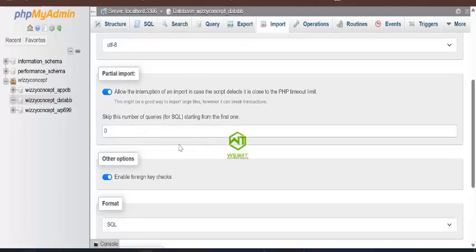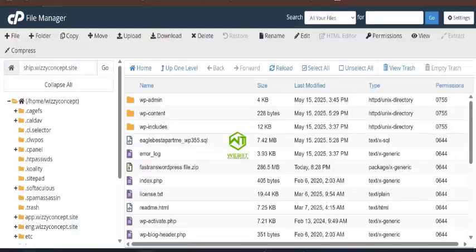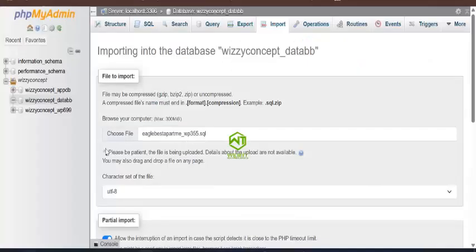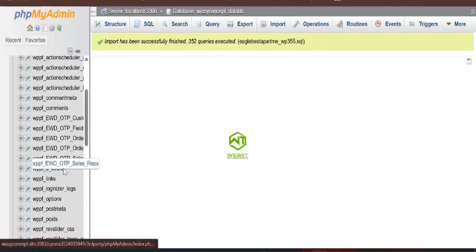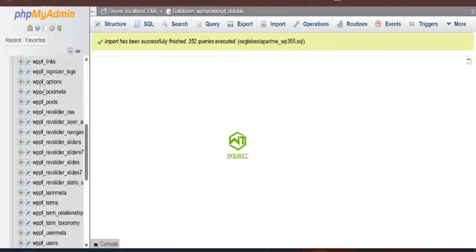So the database that I just uploaded is inside the file. You can see it here, it's inside the file. So wait for it to import. You can see it's loading. You have to wait. So please be patient. The file is being uploaded. So we wait for it to upload. As you can see, it has been uploaded. You can see all the files have been uploaded. Right. So next, come to this